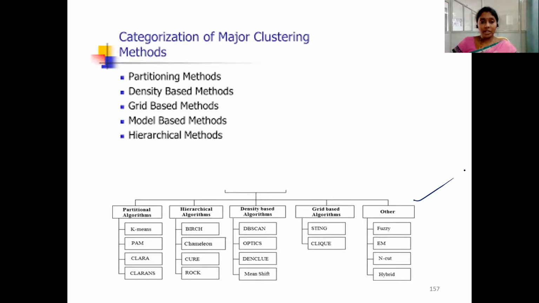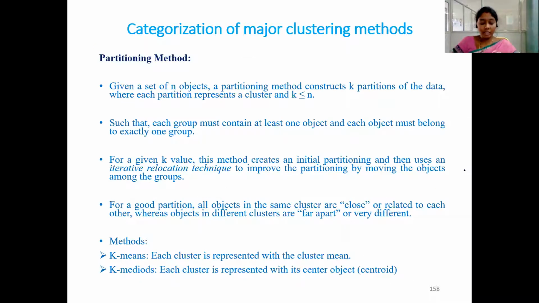Let's start with the partitioning method. As the name itself indicates, the partitioning method partitions the data into different parts. First it roughly partitions the data into different parts, based on certain conditions. First it decides the K value. K indicates the number of partitions. So it takes the K value from the user, and based on that it makes the data into a total of K partitions. Suppose we have data like this, we can make one partition here, one partition here, one partition here, like that.